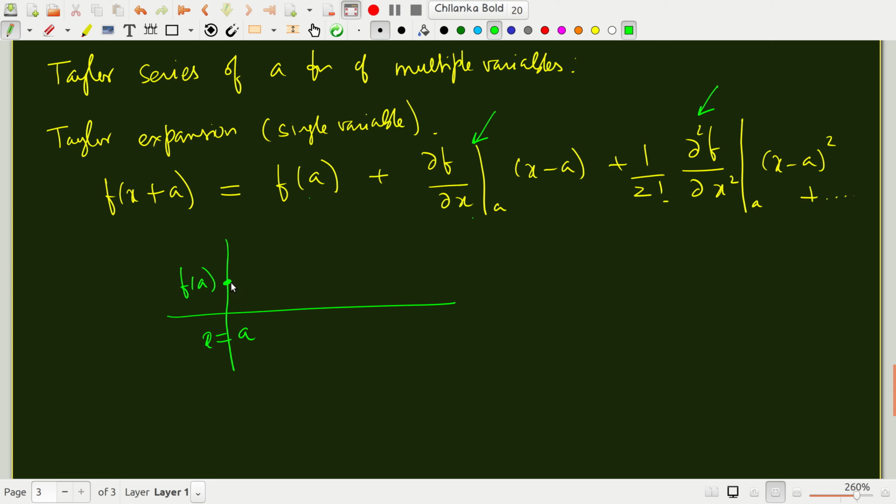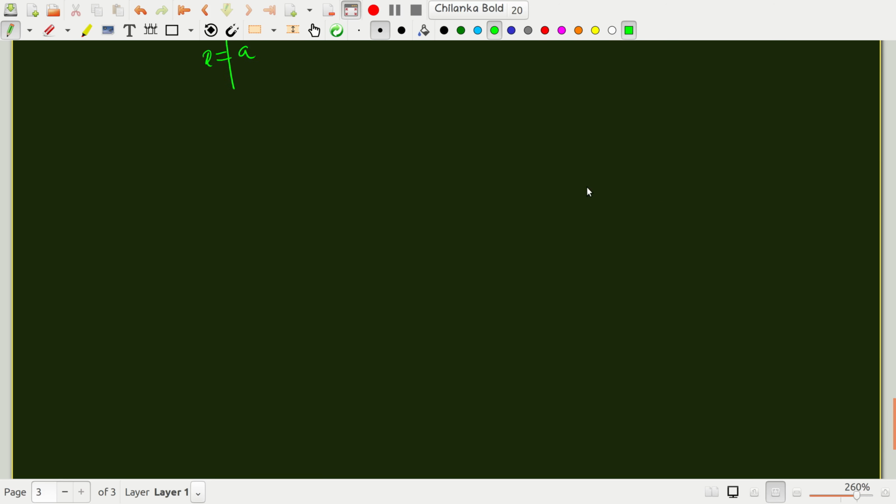Okay, so if you are fairly close enough, you can truncate the series at linear or quadratic orders, and you will be able to get a reasonable approximation of the function. The actual function may be something like this, but then you may get something like this if you truncate at the second order, and so on. Okay. Now the goal of this discussion is, of course, to generalize it to multiple variables.